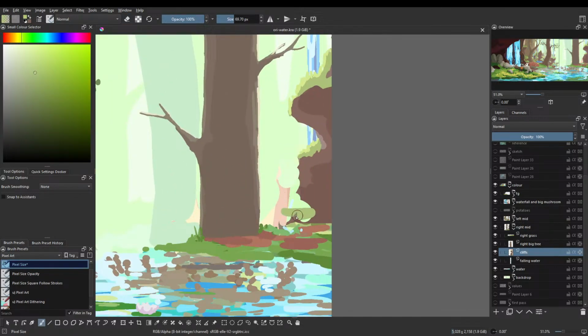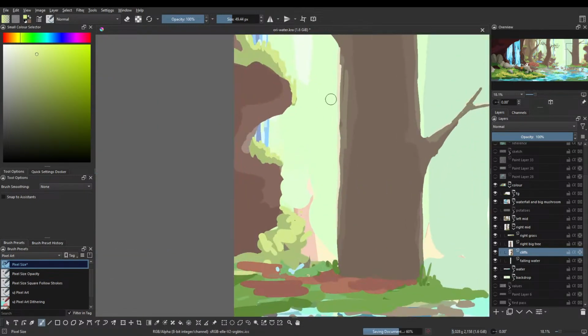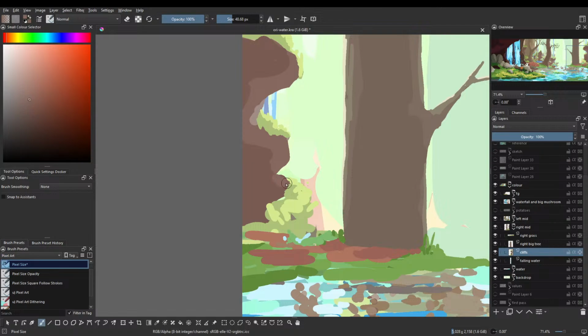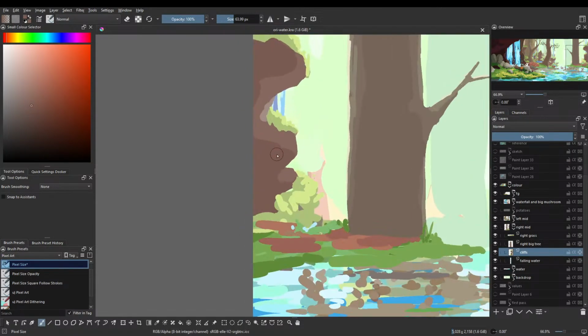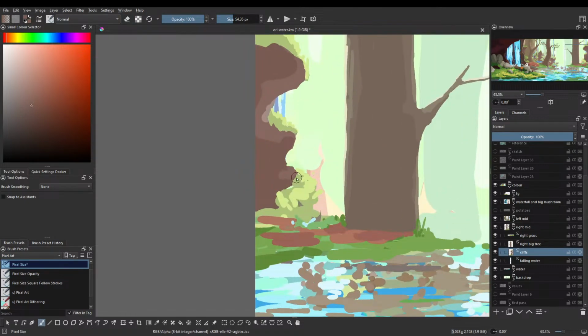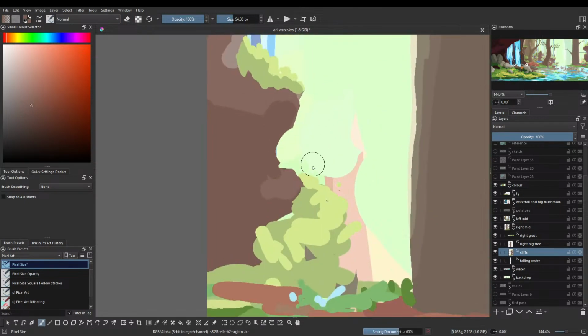I'm thinking if there was grass coming down from around, that would help with the look of this. And then this is too vertical, which we can solve fairly easily by doing just that. Maybe. Not sure.